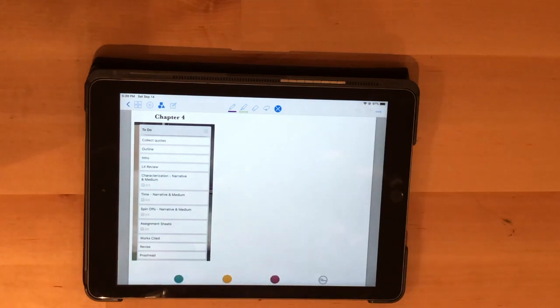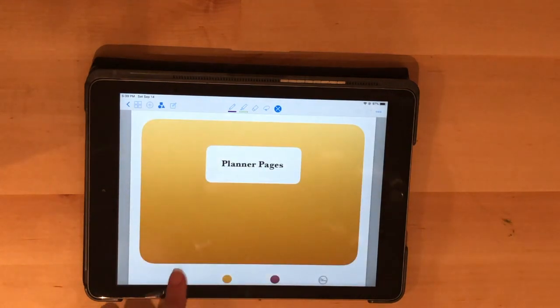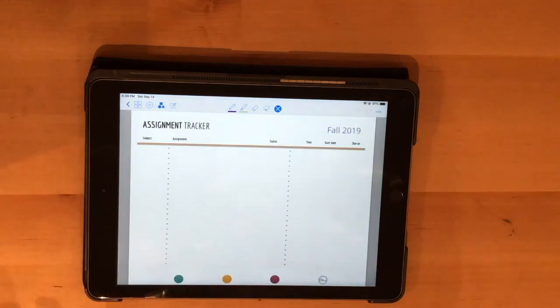And so these are just a few examples of how to do project planning in a digital planner or bullet